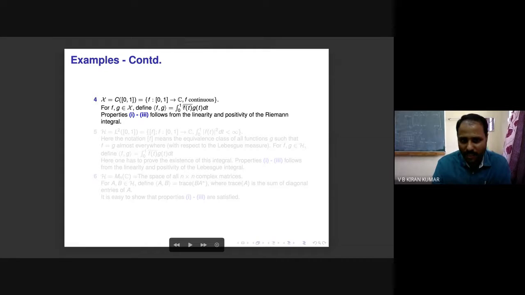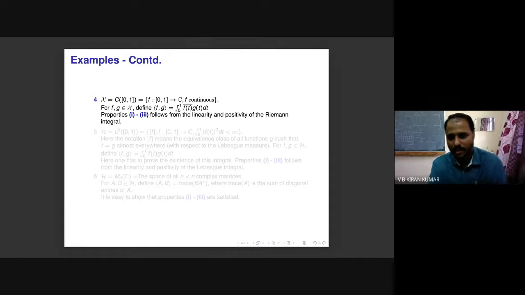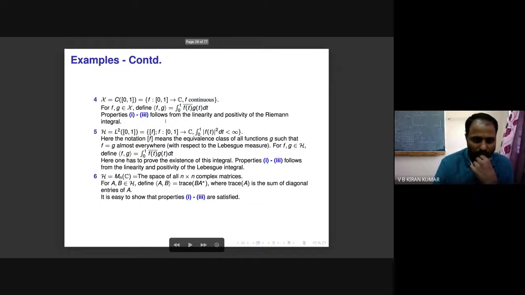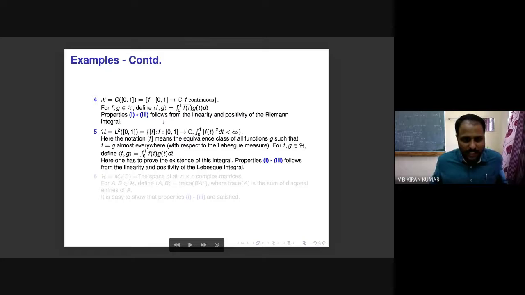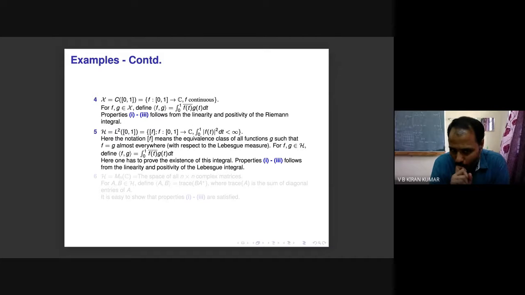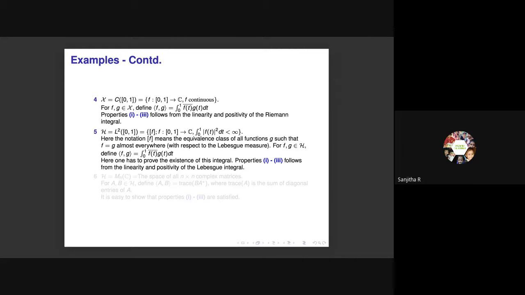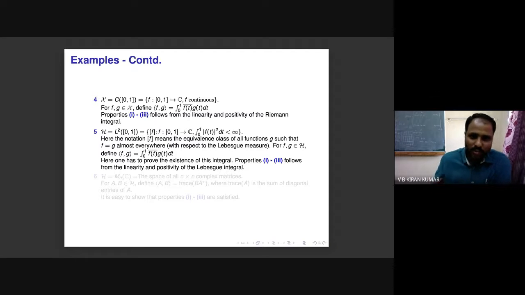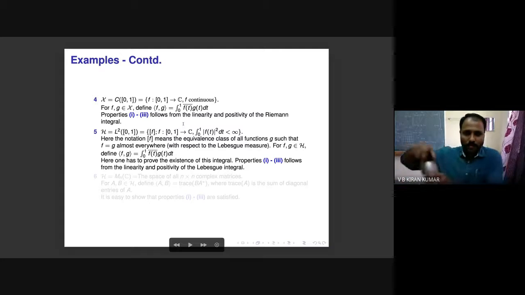And one property is something which we already proved and discussed in the problem session. Now the next one is L2[0,1]. We have already discussed Lp of E in a general setting. Now we take E to be the closed interval [0,1] and p equal to 2. Then we have equivalence classes of functions. So what are the elements in L2? Can you tell me? The set of all equivalence classes of square integrable functions. Yes, equivalence classes of square integrable functions.